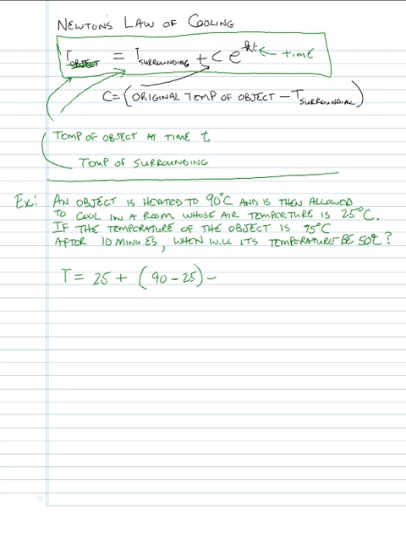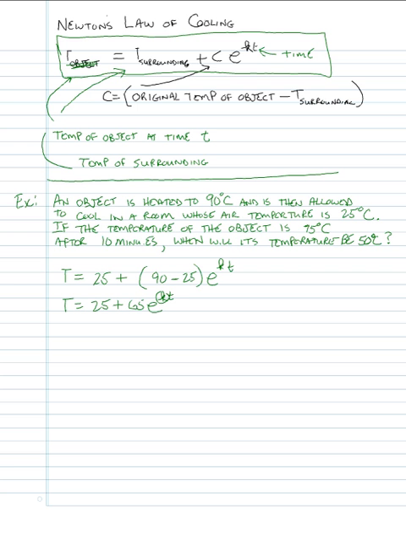Now, we've seen this before. As we simplify this, we have T is equal to 25 plus, now 90 minus 25 is 65. So our model looks like this, but we don't know the value k yet. It depends on the object and how quickly a particular object will cool down. So we've got to calculate k. Well, we have to use the other information that we've got, because the other information that we have says